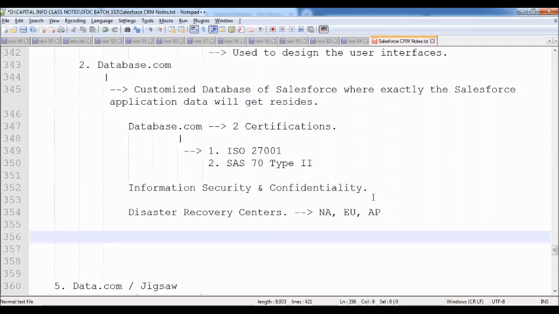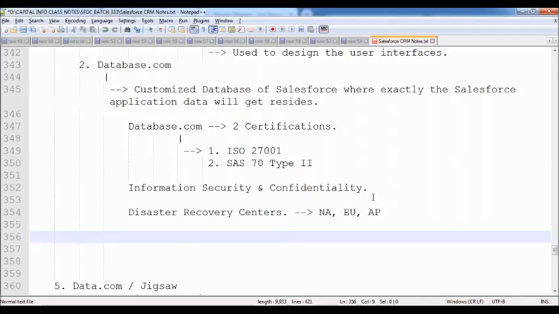So Salesforce gives customers the assurance that if your data is lost, then I am the responsible person. If my entire server is lost or crashed because of environmental problems, I am responsible. We already have disaster recovery centers in place, so we will get back each and every bit of data to you.